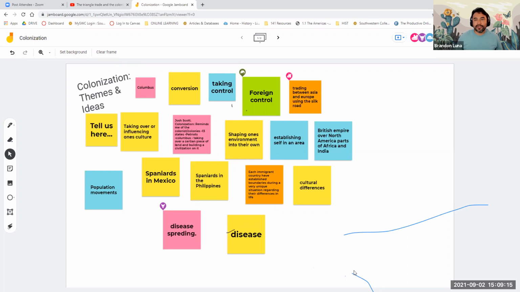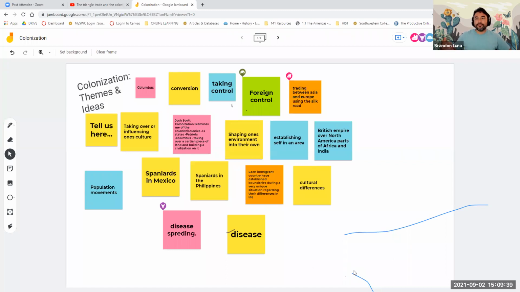Since we have all the notes here, instead of just taking a break right at this moment, let's go ahead and just continue. And then after we finish this exercise up, we'll take a few minutes. And then as I mentioned, we'll finish up with the history essay, and I'll talk about that. Does anyone want to share their sticky note and tell us what they were thinking about regarding that information?